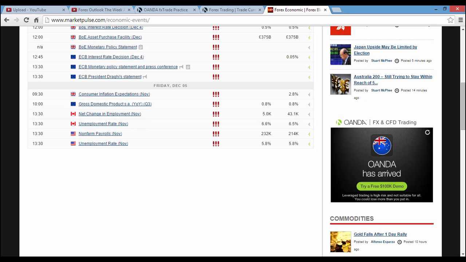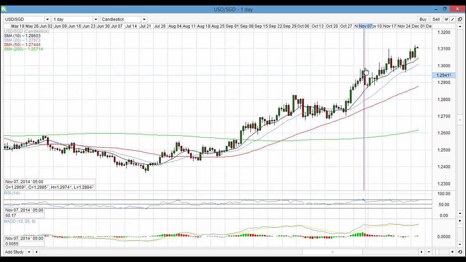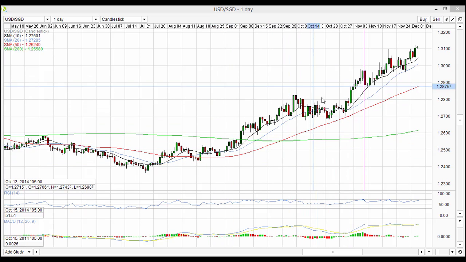Let's go first into dollar Sing as an example, and I've marked over here the day of last month's reading, which was the 8th of November. As you can see, the market has been in an uptrend coming into this day, and we were overextended on the daily from the moving averages. So basically there was overextension between the price and the buy zone, which is the area between the 10 and the 20 moving averages. Coming into the non-farm payroll day, we had a pullback into the moving averages.